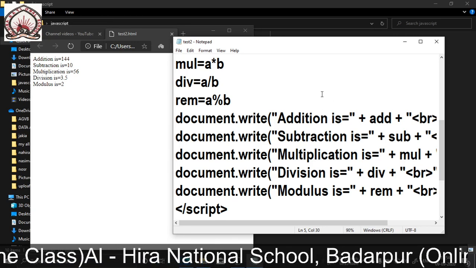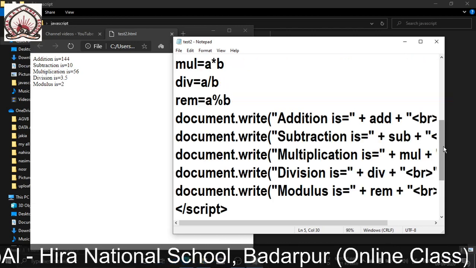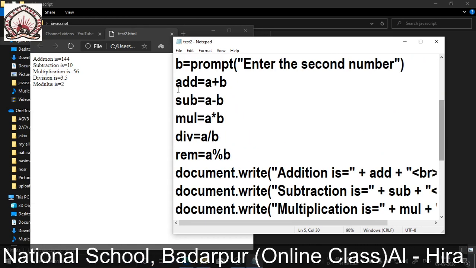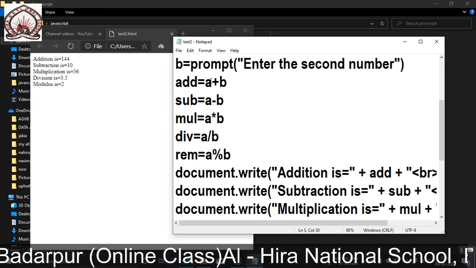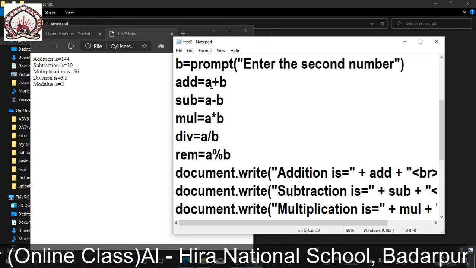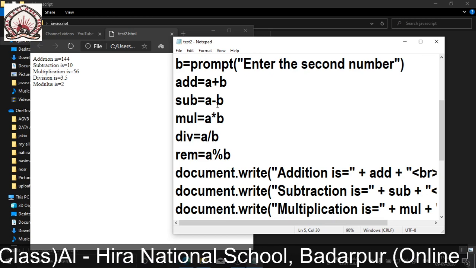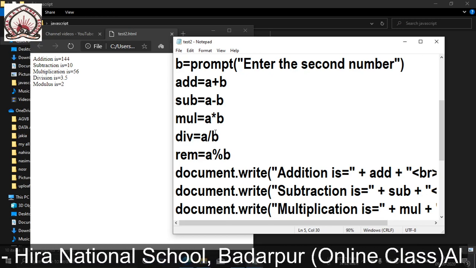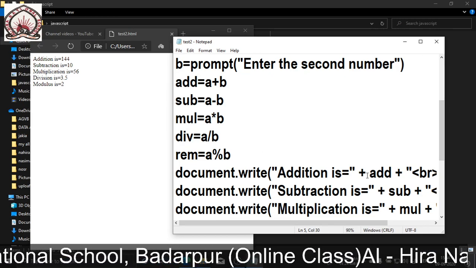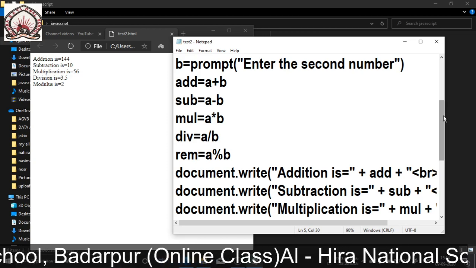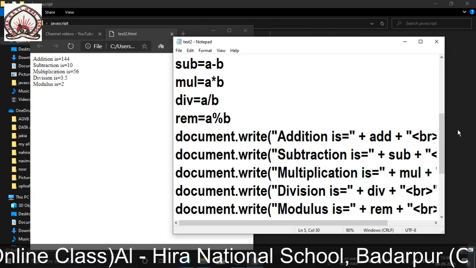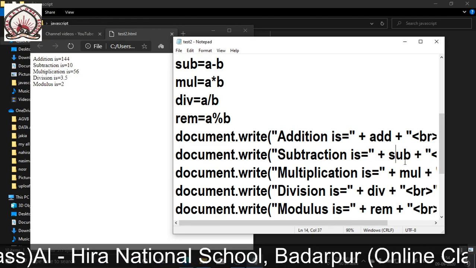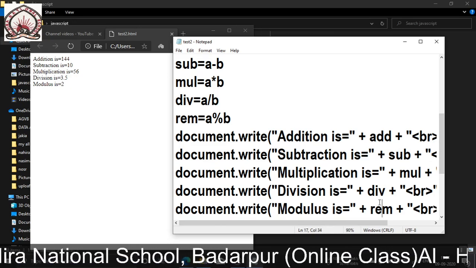From add, and so on. When I give A equal to 12 and B equal to 4, the addition takes place: 12 plus 4, 12 minus 4, 12 into 4, and the result is displayed here. So the results 10, 56 come from sub, mul, div and rem.